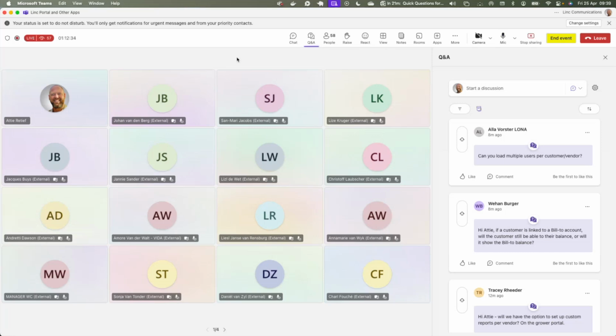So each one of those flavors of the portal is a 4,000 flat fee per month, and then you can add as many users and customers as you want. And that's it. Please reach out to us if you want to have a go with the portal. We'll gladly include you in the new release that will come out in May.